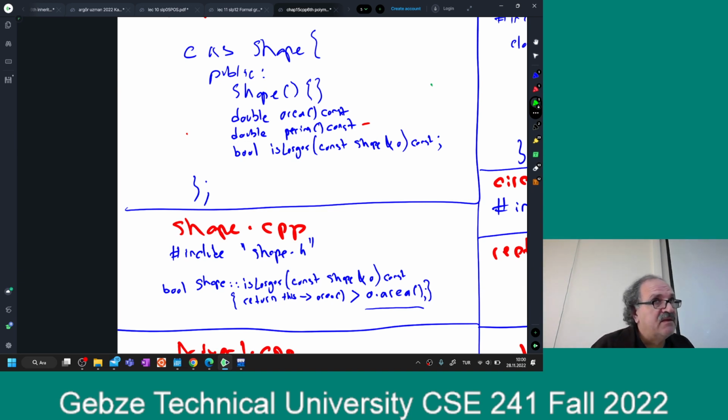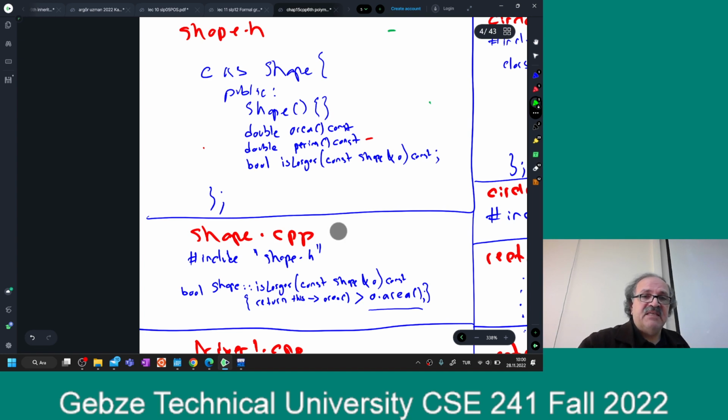Yes. Since we are inheriting from shape class for each object, each object has shape class, and we are modifying the area function. So whenever we call this area, we will use the area function for that specific shape. Well, yeah, you feel that it should work that way, but